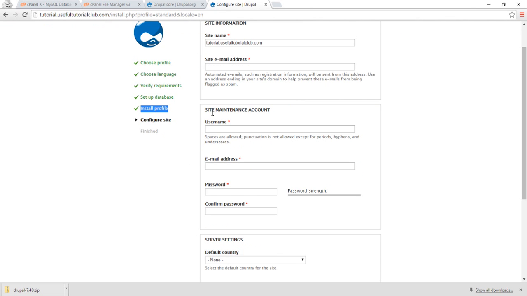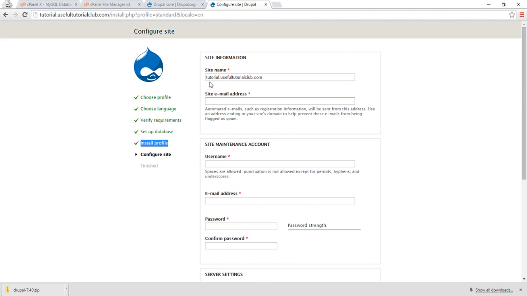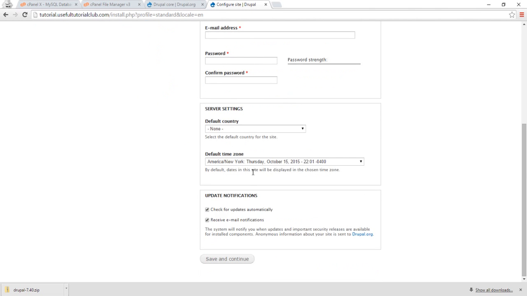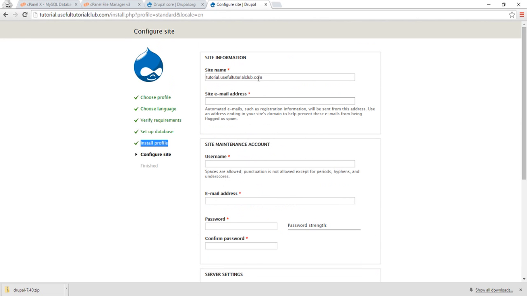Now we have to configure our site. Here we have to type the site name, then site email address, and site maintenance account. These things we need to complete. So I'm going to type the site name. Our website name is usefultutorialclub.com, so I'm going to type only useful tutorial club as the site name,